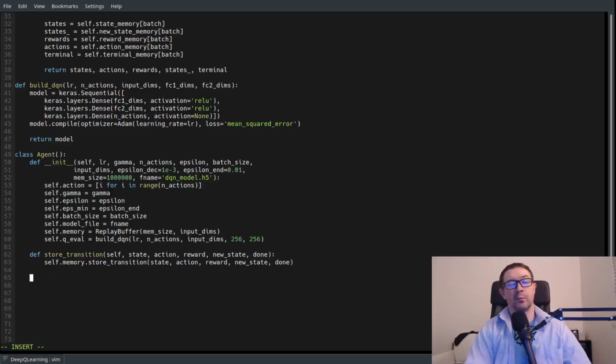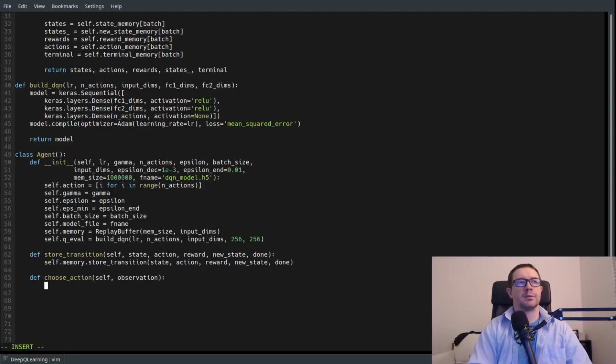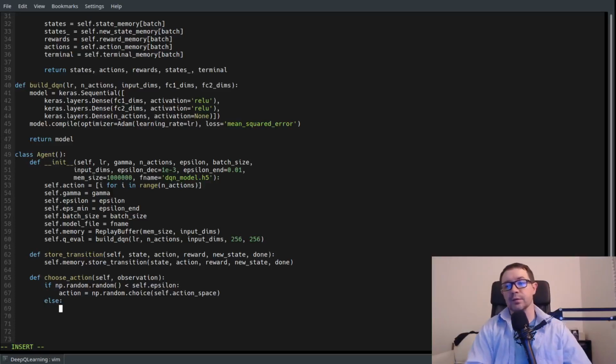Okay, that's pretty straightforward. Next, we handle the functionality for choosing an action. So we say choose action, and that takes the observation of the environment as input. So if our random number is less than epsilon, then action is a random choice self.action space. Otherwise, if it's greater than or equal to epsilon, then we want to